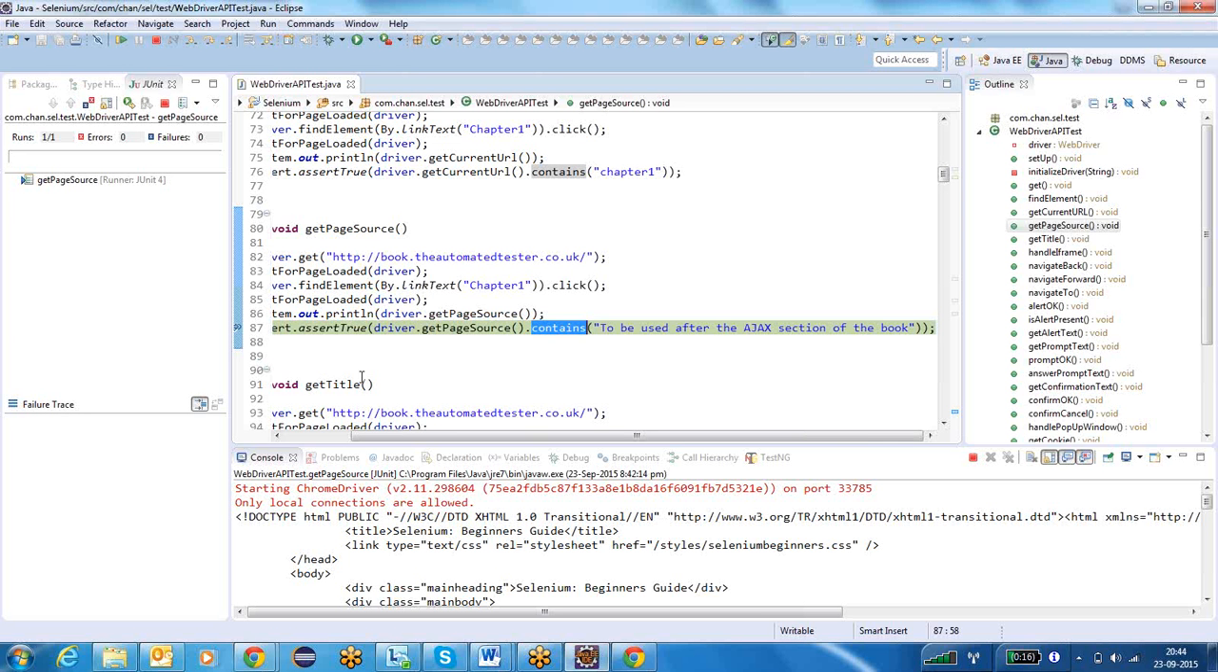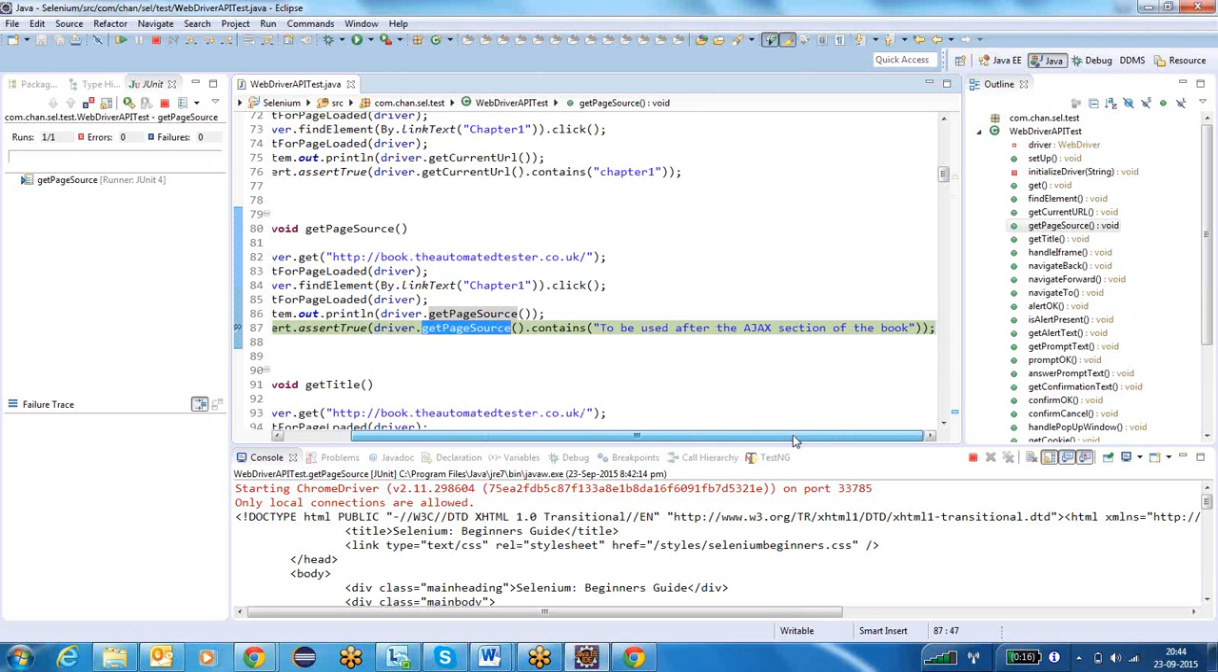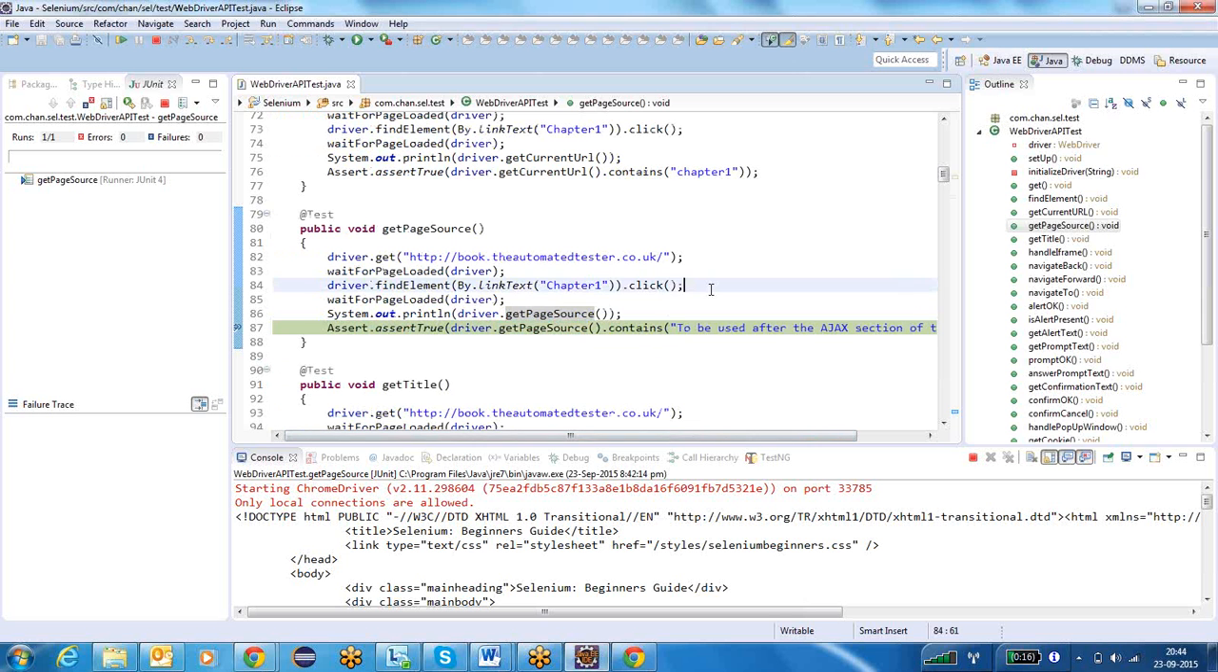So now I am writing the test case in this way. Assert.assertTrue(driver.getPageSource().contains(...)) with the text to be used after the Ajax section of the book. Using this also I can complete the test case. So like that,